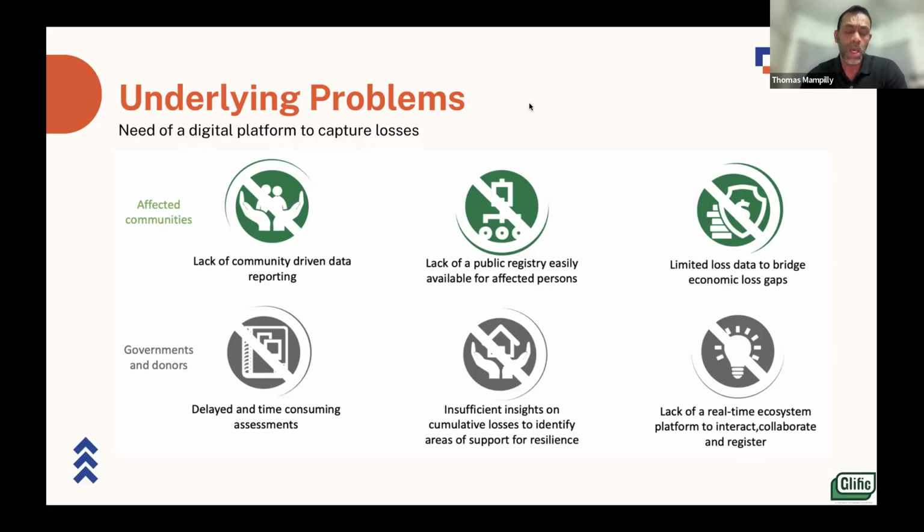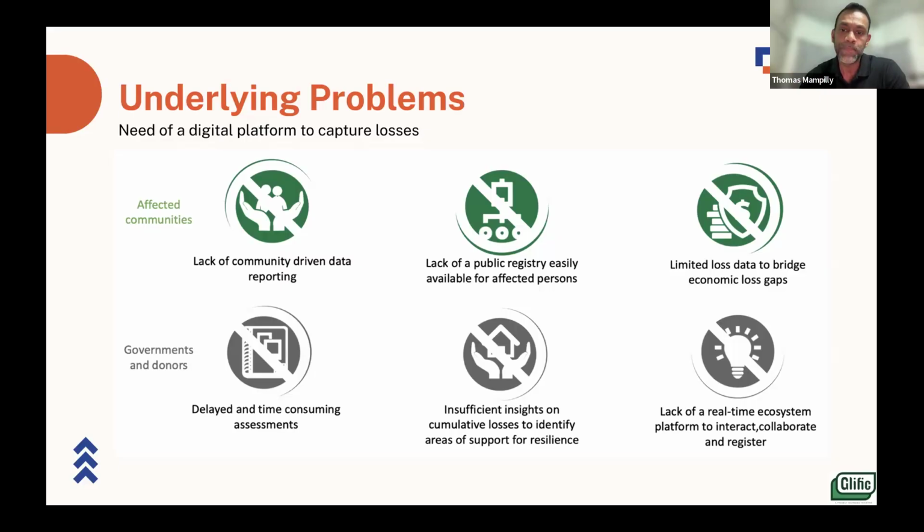There is also this lack of a common registry where this information is compiled. So sometimes specific relief providers, whether that's NGOs or CSOs on the ground, or even the government, don't have access to the entire gamut of information available, right? It's kind of appearing in silos. At the same time, the community themselves is not able to see that, look, our voices are being heard and our needs are being recognized in a central place. They give their report, but it's lost in their view, right? Not that it's lost to those who are seeking it, but in their view, they don't find that thread of